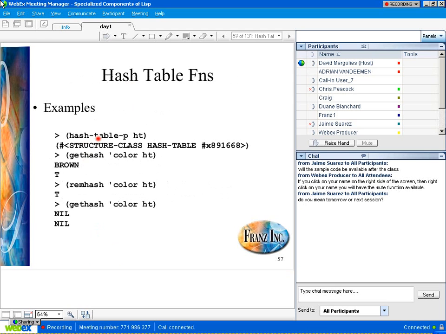Hash table functions. There's a function which tells you whether an object's a hash table. GetHash gets the